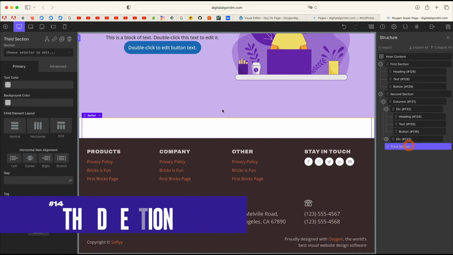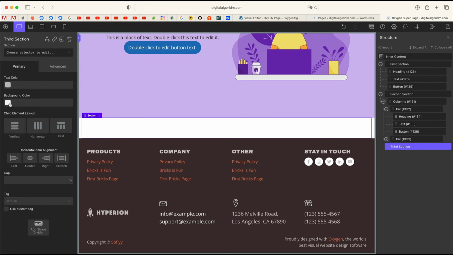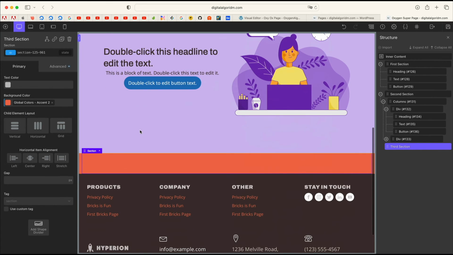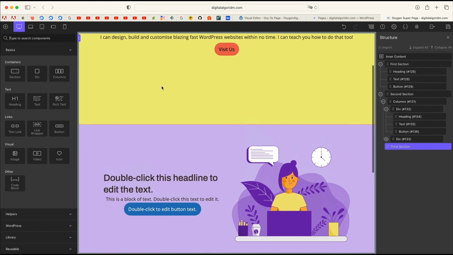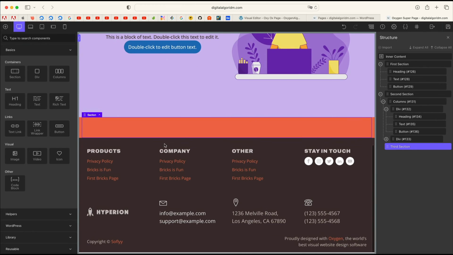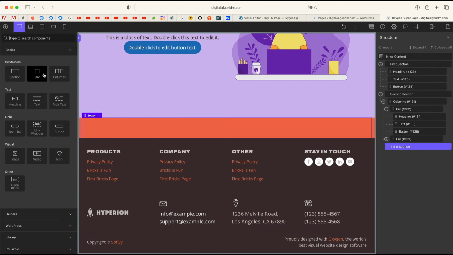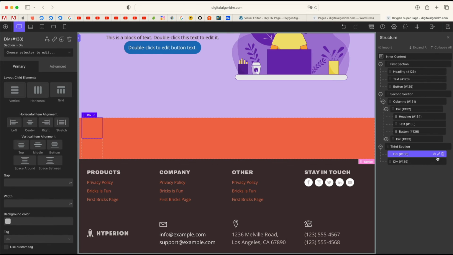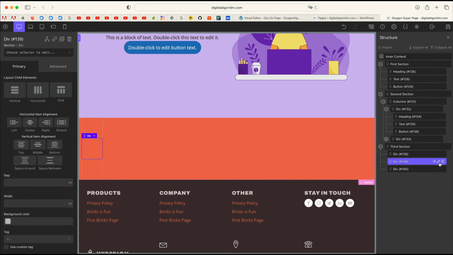Now let's go to the third section and let's give it a background. Maybe something intense this time. And in here, instead of adding text elements or columns, you can do all of them together. So first I'll add, I don't know, maybe a div right here. So within the third section, we have a div. I'll click on this pencil icon. I'll duplicate it